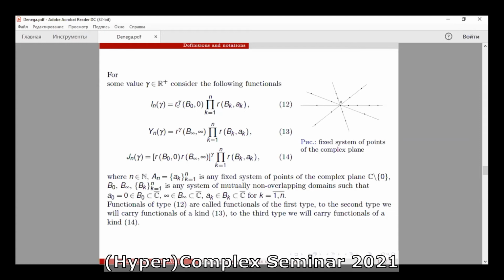I_n(gamma) equals the inner radius of the domain B_0 with respect to 0 to the power gamma, times the product for k from 1 to n of r(B_k, a_k). Functional I_n of gamma equals this value, and functional J_n of gamma equals r of